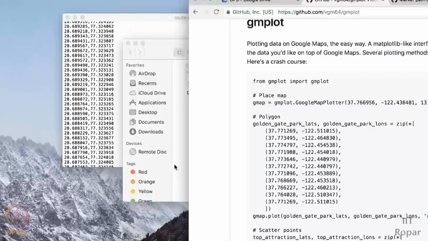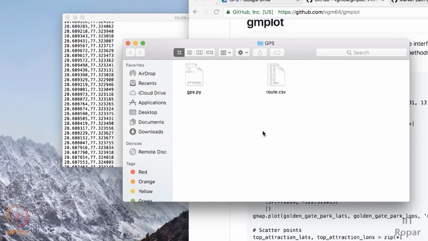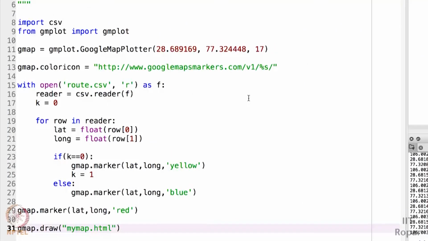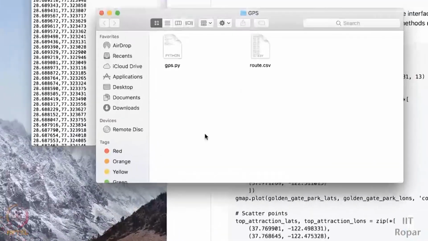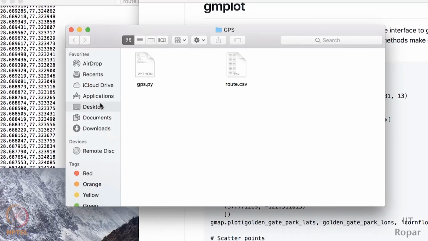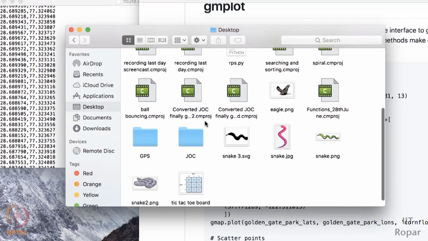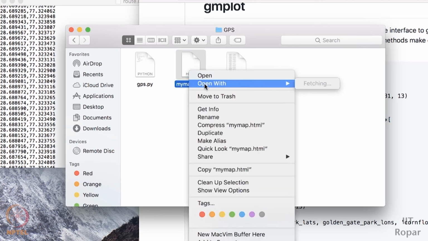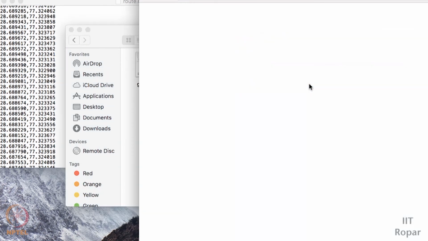Let me go to my folder. It's here. Let me open this with my Chrome.